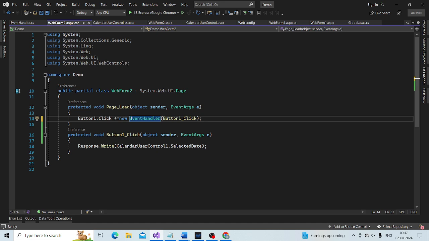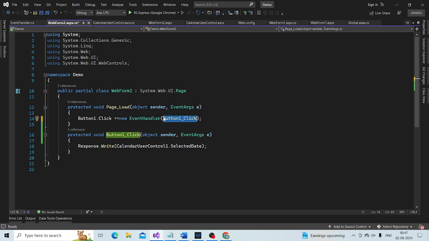And look at the constructor of this delegate.